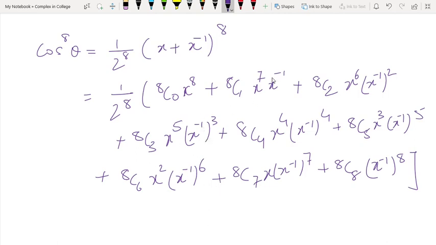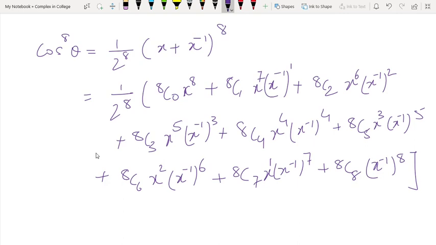Let me tell you one thing, an easy way to recognize whether the steps are right or wrong. So first is 8 और यहाँ पे मेरे पास है 1, 7 plus 1 is 8, 6 plus 2 is 8, 5 plus 3 is 8, 4 plus 4 is 8. If you add the power of individual terms, the answer should be 8, the power you are expanding. So आप उसको समझ सकते हो कि आपने वहाँ पे राइट लिखा है कि गलत लिखा है. So 6 plus 2 is 8, 7 plus 1 is 8 and 8 itself. So this was the expansion of the binomial of x plus x raised to minus 1 to the power 8 with the binomial expansion.